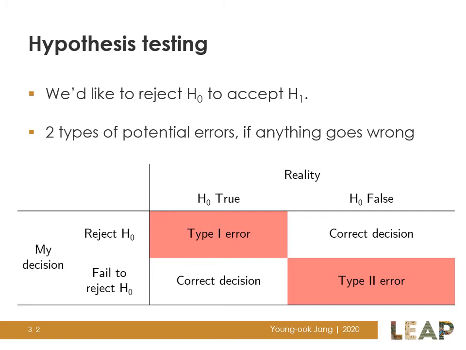So the type 1 error is when H0 is true but we reject H0. That's basically when we claim that we discover something while we actually don't, right? And type 2 error is when H0 is false, but we fail to reject H0. So we don't claim anything when we should have done. Okay, so